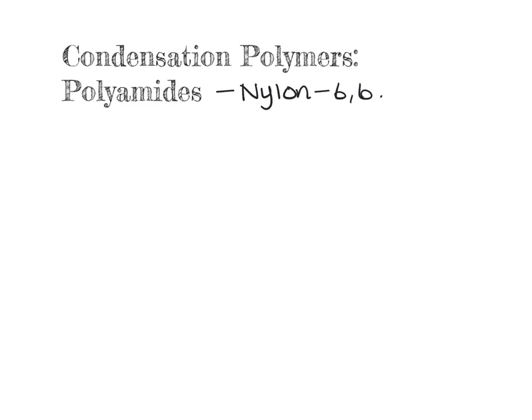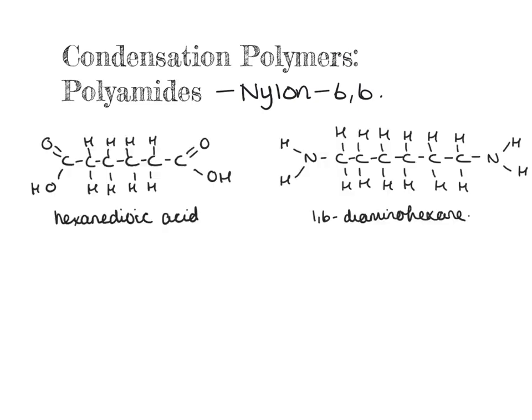Okay, so your first one's nylon 6,6, and the clue is in the name really, the 6,6. So both compounds that you begin with, your dicarboxylic acid and your diamine, have chains of 6 carbons in them. And then obviously one of them's got the 2 carboxylic acids on the end, and one of them's got the 2 amine groups on either end. So these are your two start materials. You've got your dicarboxylic acid with 6 carbons in it, hexane dioic acid, and you've got your amine or diamine with 6 carbons in it, which is